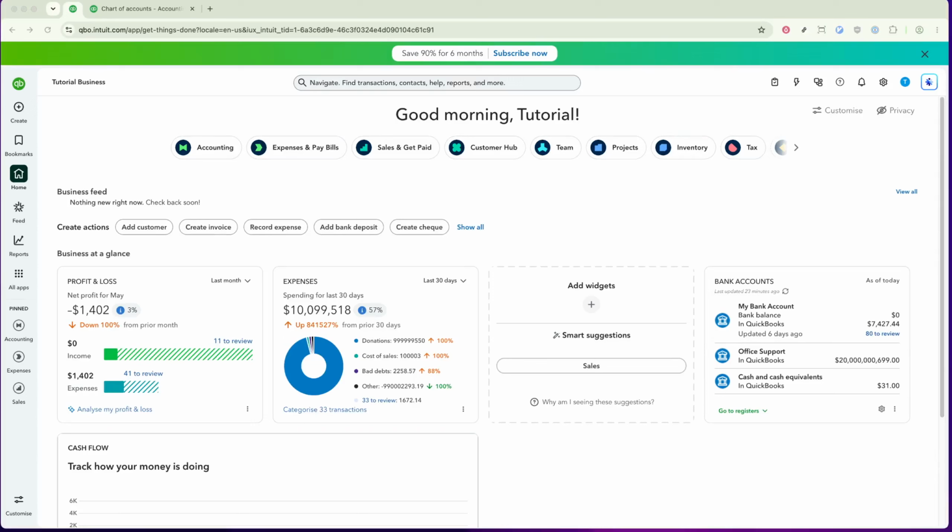In today's video, I'm going to teach you how to create credit card accounts in QuickBooks Online. Whether you're managing business expenses or tracking personal finances, setting up your credit card accounts correctly in QuickBooks Online is essential for accurate bookkeeping. By doing this, you'll be able to seamlessly track transactions, categorize payments, and maintain an up-to-date